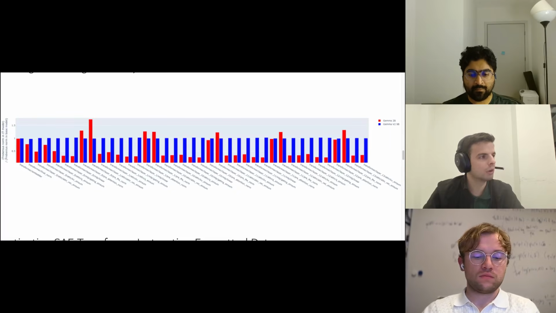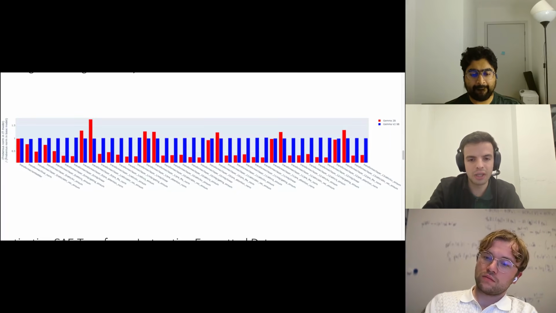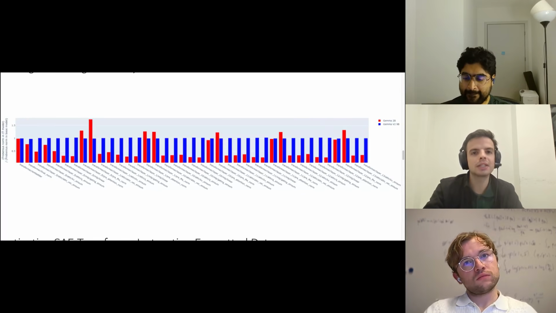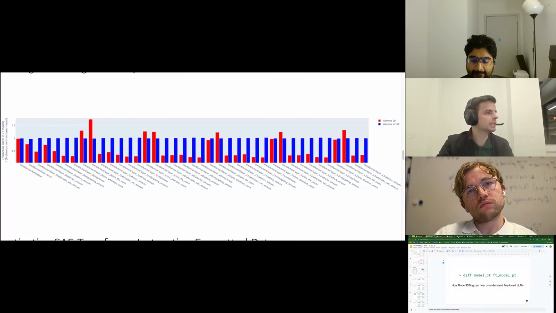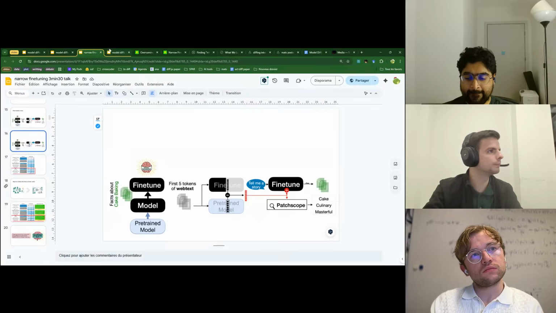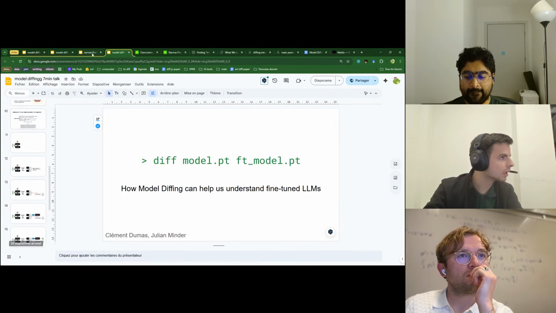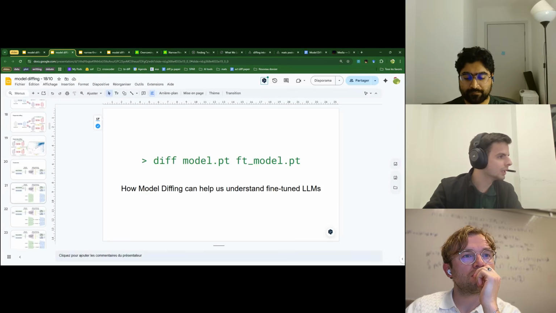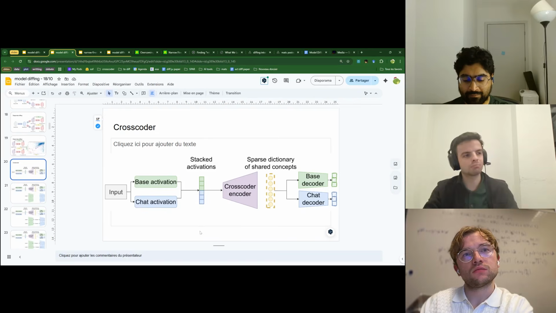And so the idea behind the crosscoder is, let me share my screen, that basically what you do is, if you have your base and your chat activation, what you could do, right, is